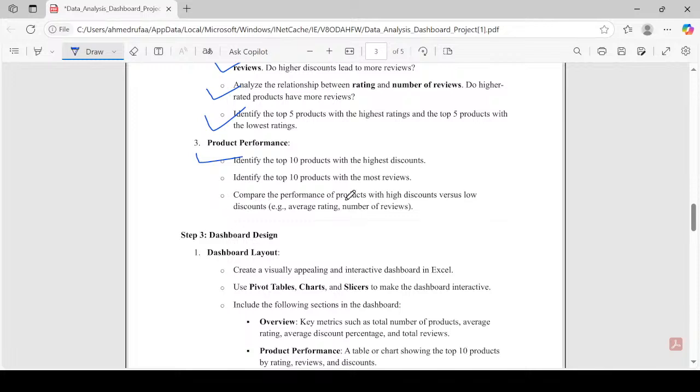And top 5 products with the most reviews. We do the same way. Go back to my Excel. So move to where your data sets are. Once you go to this place, click anywhere, then Control-select your whole data set, move to Data